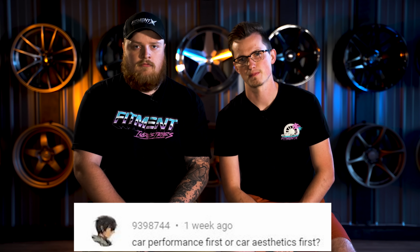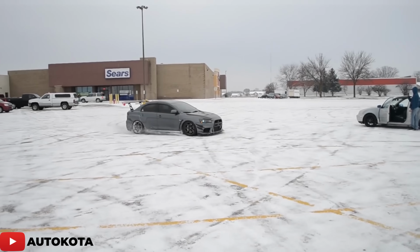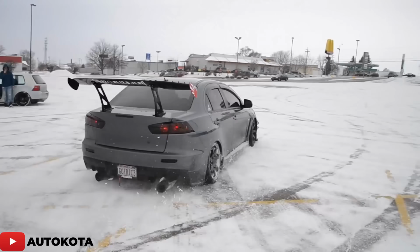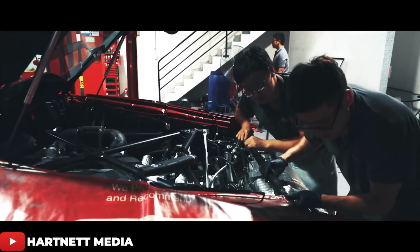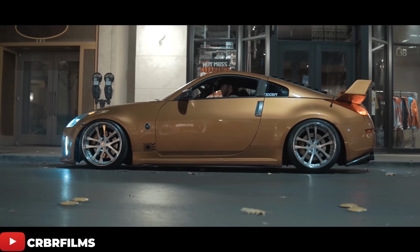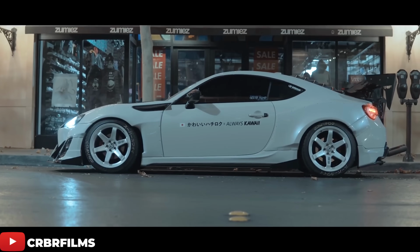Next question. All right, question 4 is car performance first or car aesthetic first? Oof. Okay. I'm definitely gonna go with performance. I like getting all my bolt-ons done because I like making the car actually fun to drive right off the bat. Like getting at least the bolt-ons, intake, exhaust on there, so it's a little more fun, and then getting into the aesthetics, because imagine you have a big wing, splitter, diffuser, canards, and your car sounds like